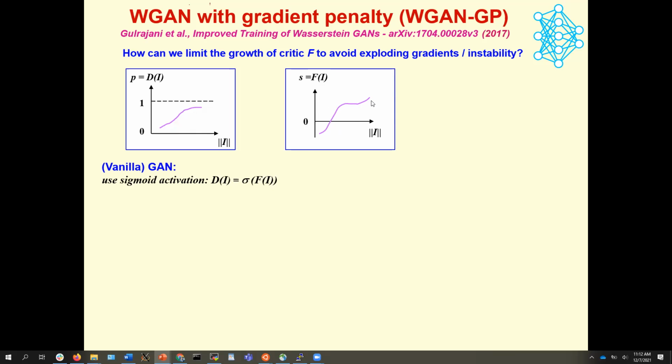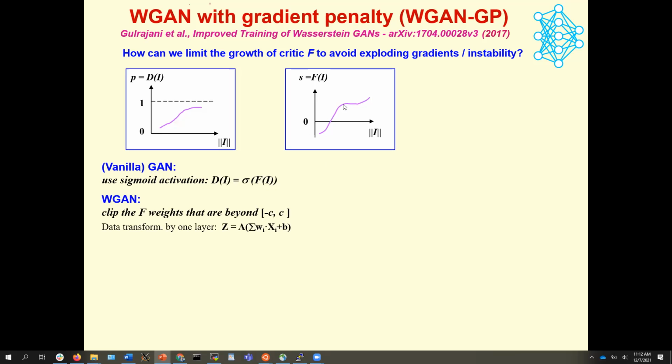That's another possible issue, which may result in instability of our training procedure. So how can we avoid exploding gradients or instability in the network? In the regular vanilla GAN, we don't have that instability, because we have a sigmoid layer, which limits the output values. But once we remove the sigmoid layer,